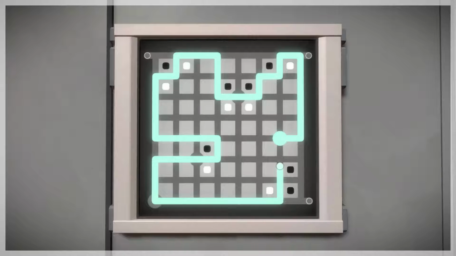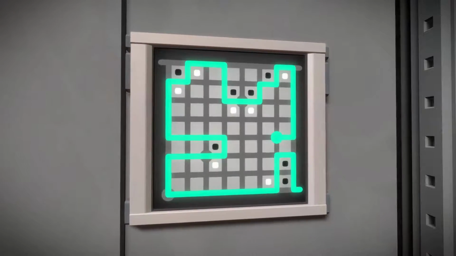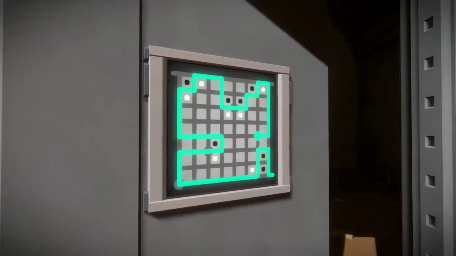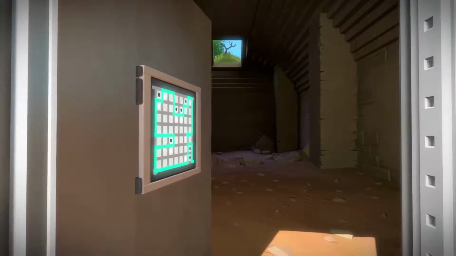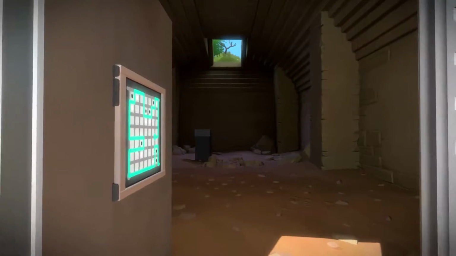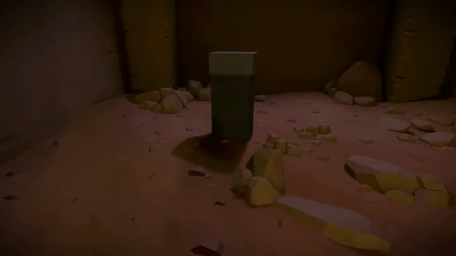That keeps all of the whites in the inside circle, all the blacks on the outside ring. We got it. So I'd say that was probably the first combination of a few rules, the first difficult puzzle. So we end up in here,